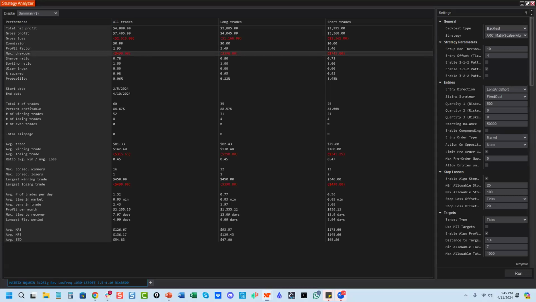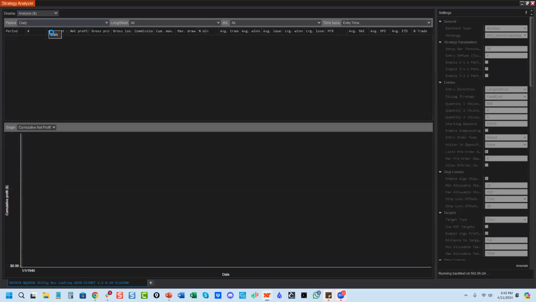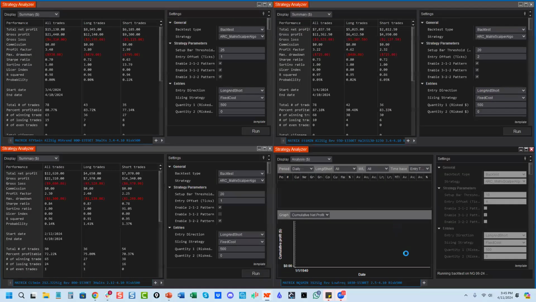Okay, someone's mic's not muted. So we go into this. It's going to run that back test. I think it's because I loaded it, Jeff, and I didn't run the back test. So we're going to let this run here for a second. It's running the back test because I loaded the workspace and I forgot to run it. So while we're waiting for it to run, it'll take a second, guys. It won't take too long.